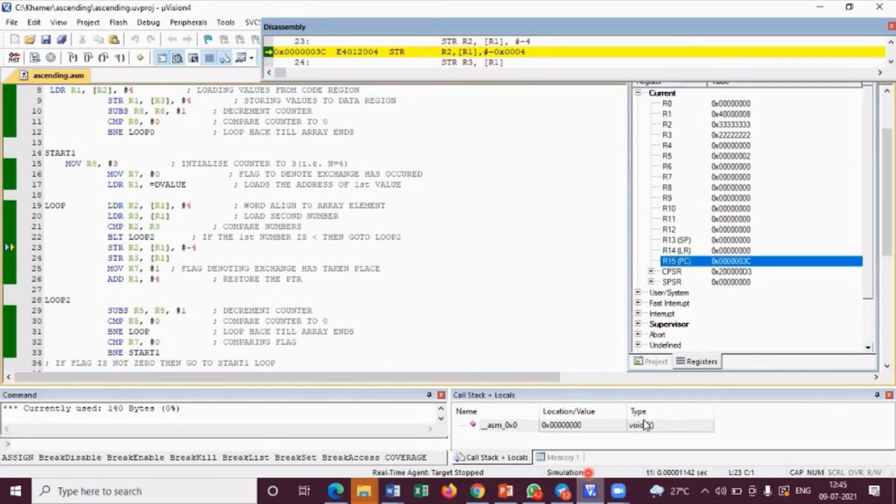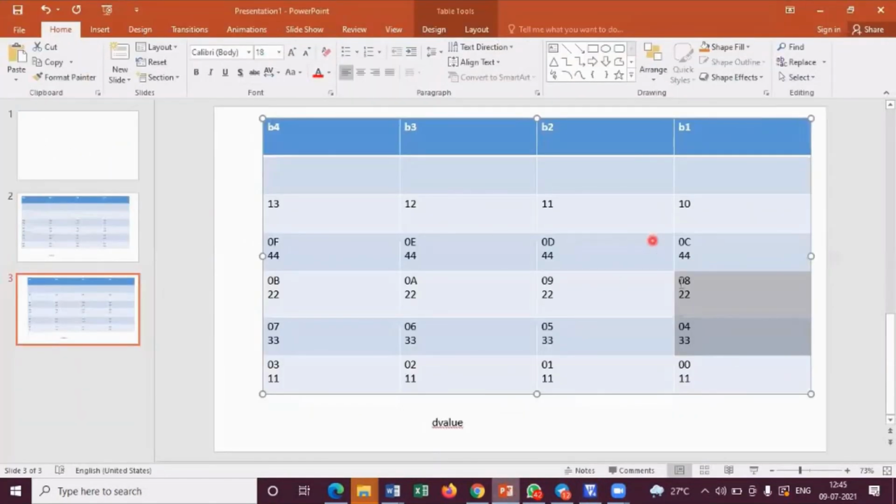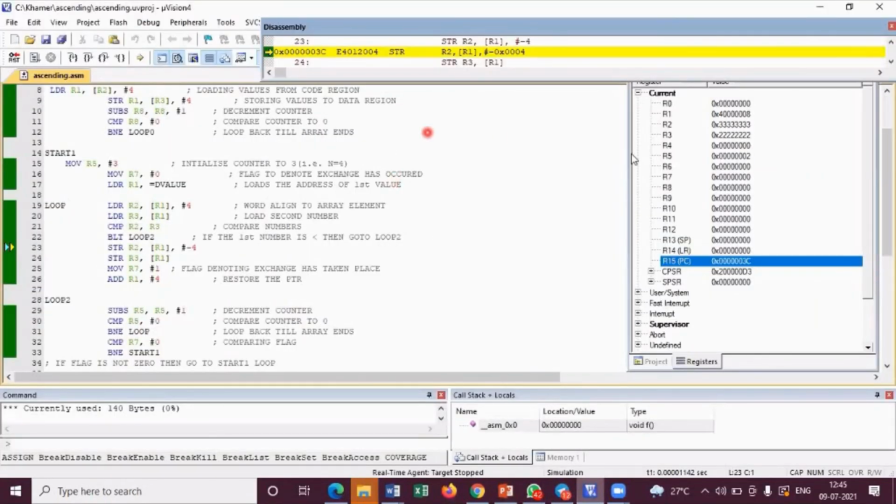Okay, wait. So here, now this 3 data should go to 08, guys. So that the data 3 has to go to 08. So over here, now the data 33 has to go to 08. Understanding? And the next part is what? The data 33 has to go to 08. And what is the next part?